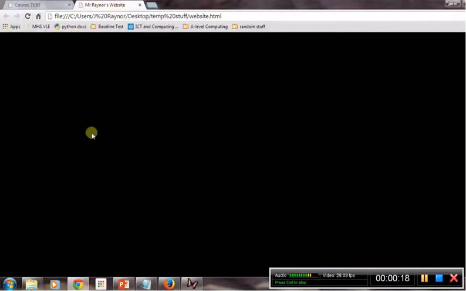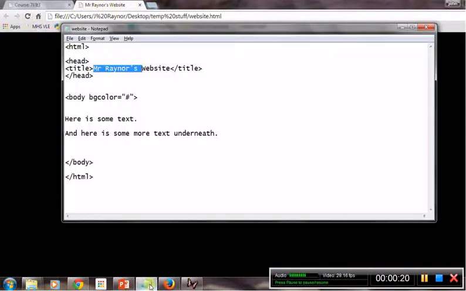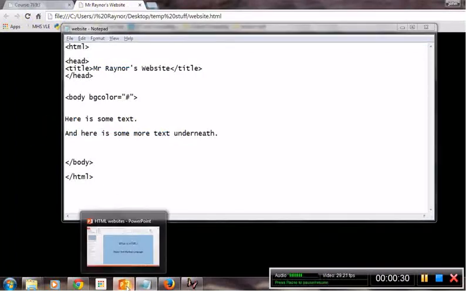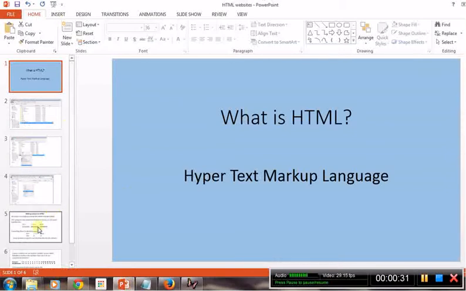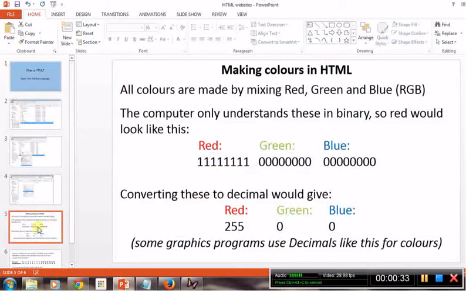But there's nothing else here because I've got this black background, so even though I've got some writing I've put in my site, it's not showing up until I can change the colour of the background. So we're going to learn a little bit about that next. So coming back onto here again,